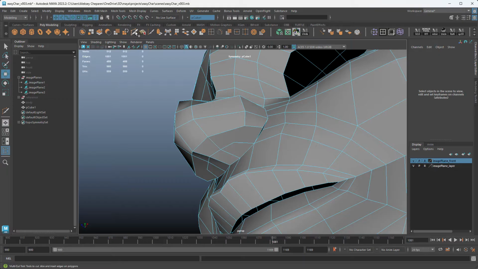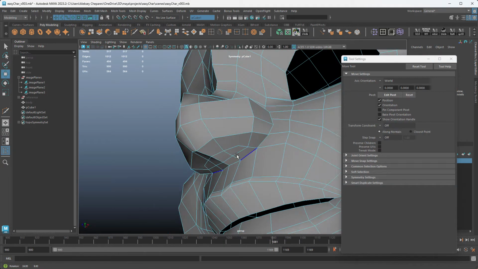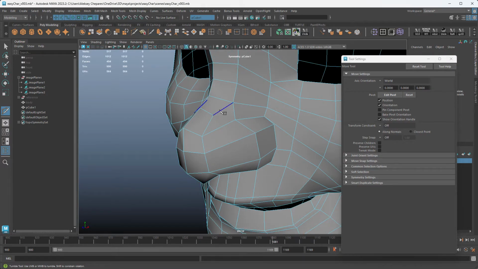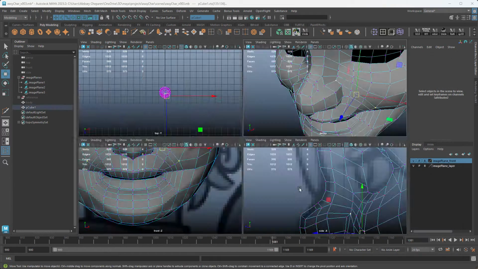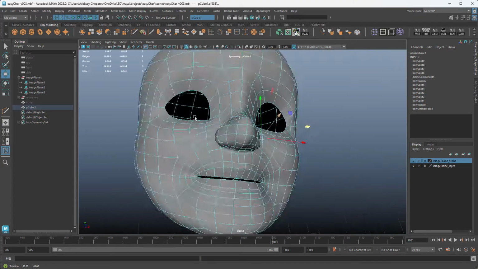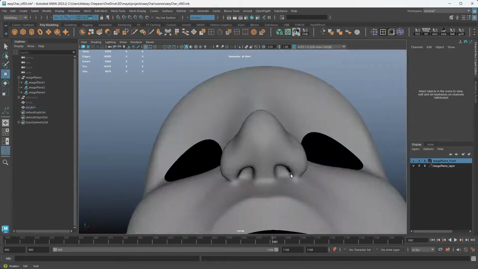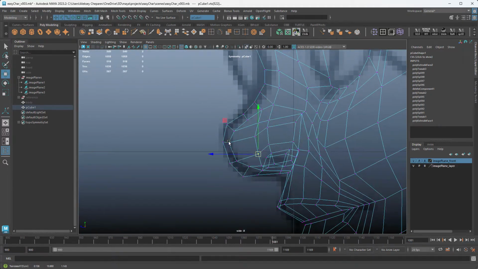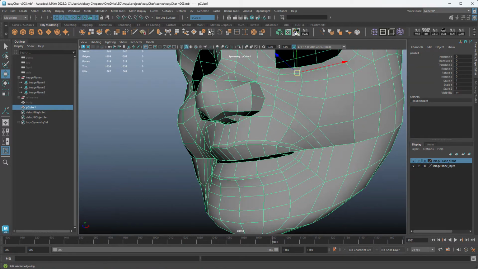I'm going to add a loop across here like that, and then we can go from here, right there. Let's add an extra loop.